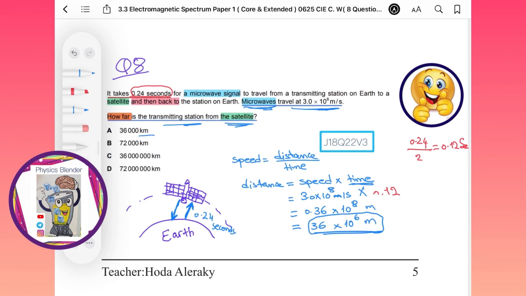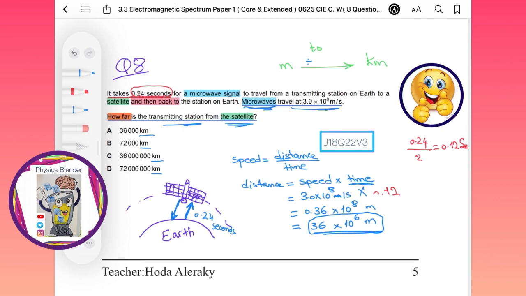All the answers in kilometers. How to convert? You can convert from meter to kilometer. You have two options. Either you have to